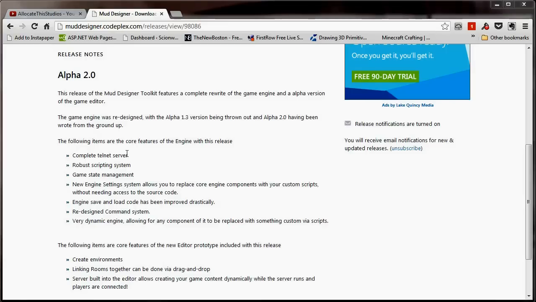It also has a much more robust scripting system. The scripting system now allows complete C# script source files to be used with namespaces, class names, all that kind of stuff. And I believe in Alpha 1.3, it's been a couple of years since I've actually dug into it and used it, but I'm pretty sure that namespaces weren't supported. I was stripping all that out and wrapping it inside of a custom namespace. So what it now allows you to do is build folders, and I'll demonstrate that